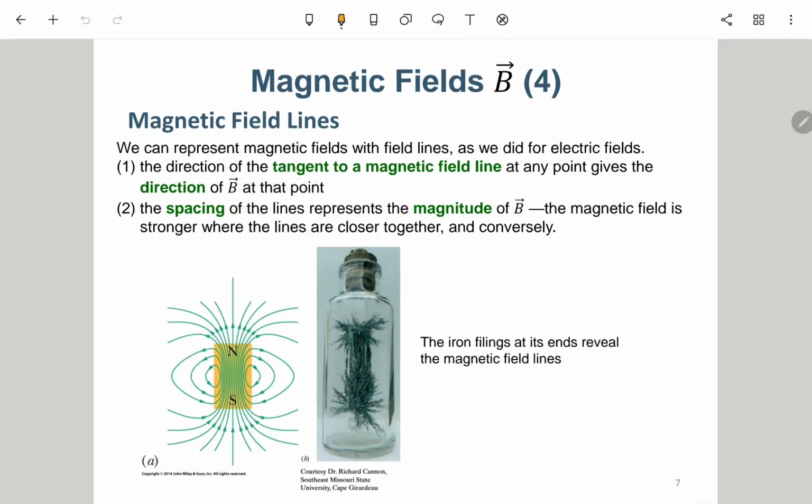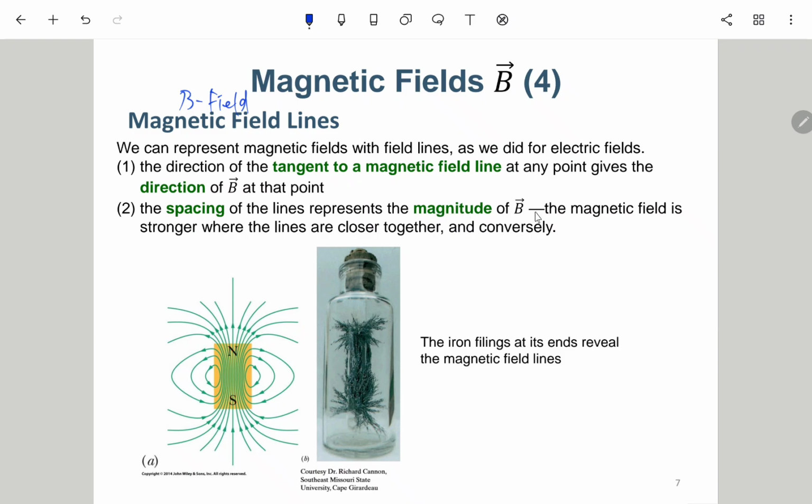Okay, so here we talk about the magnetic field lines. Actually it is just similar to the electric field lines. It only satisfies two points. Or maybe I should say it is a B field line. For the B field line, it is just for the direction. The tangent to the B field line at any point gives the direction of the B vector at that point. 也是说这个 B field line 的话就是那个点的切线方向，就是它那一点的 B field 的方向。